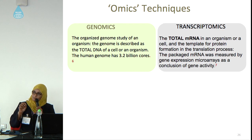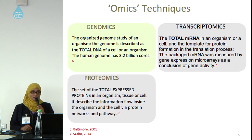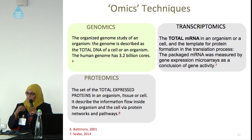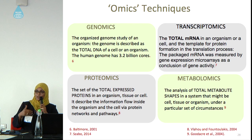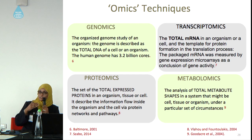Transcriptomics is the total messenger RNA. When I say DNA and RNA or messenger RNA, I go in depth in genes and chromosomes. Also, we have proteomics. Proteomics means the total expressed protein in our body. Finally, we have metabolomics. In our body, we have metabolism. We know that in metabolism, we have catabolism and anabolism. Every diet we eat, we have catabolism to its smallest unit, and after that we have anabolism to